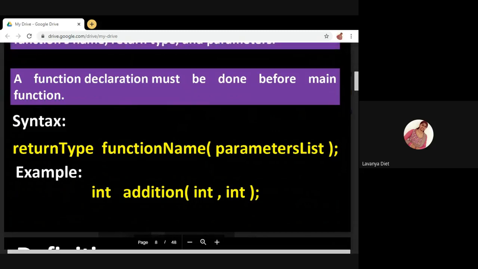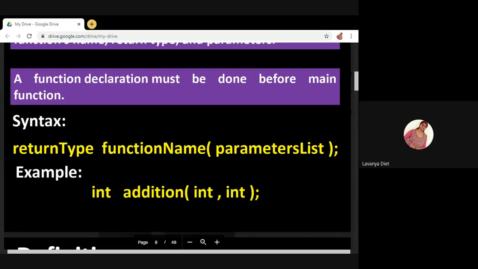So here I have specified the return type as int. Return type is nothing but the data type the function is returning. Here the addition function is returning the result, and the result will be an integer, because you are adding two integers.